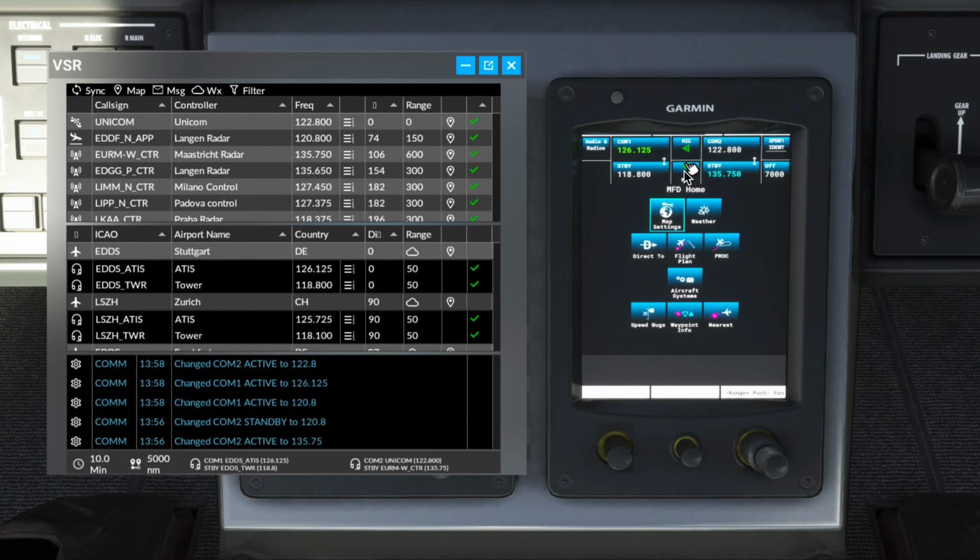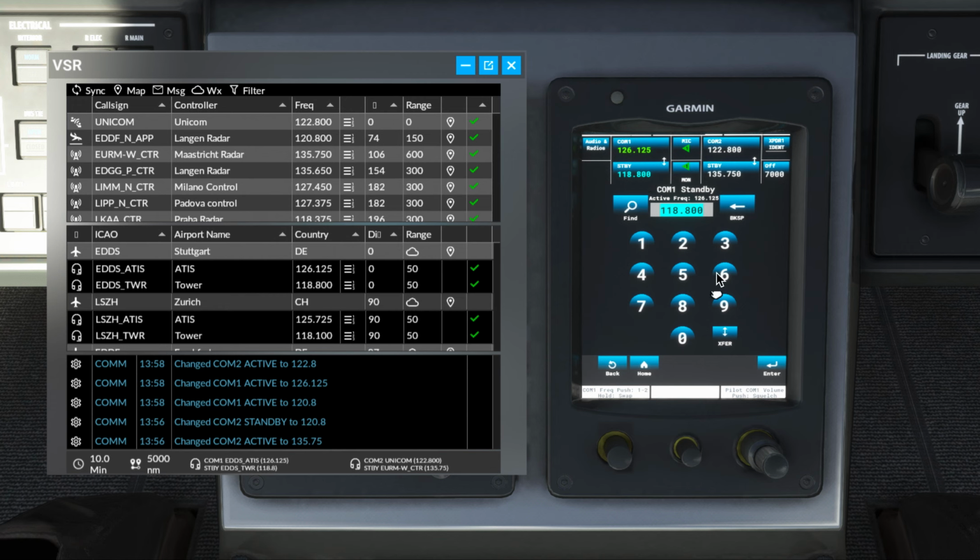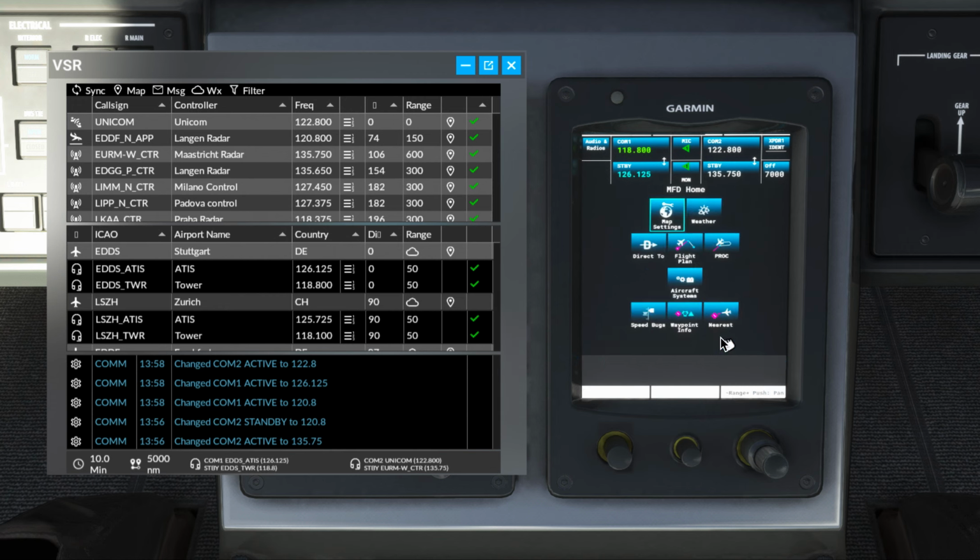But the most important thing is that I can go over here to COM2, let's say COM1, and I finish with ATIS, want to go across to the tower. I do the transfer as part of my workflow. Now there's a delay here because there's a polling going on every 10 seconds, and you'll see in a second that will flick over, and there you go, you've got tower on COM1 and ATIS on COM2,